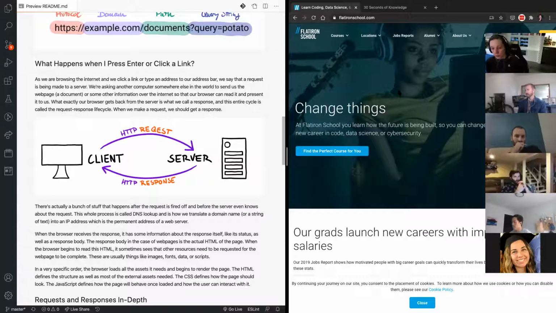So in super simple terms, the request response cycle is us making some kind of request. This could be a simple GET request, like what we're doing right here. We just want to retrieve some kind of information. We're asking for information. And we're making this request to a server that we don't really know where it is, but the server is going to send us a response back. And the response will likely include the actual page that we want to look at. The response could also be data. It could be a JSON response.